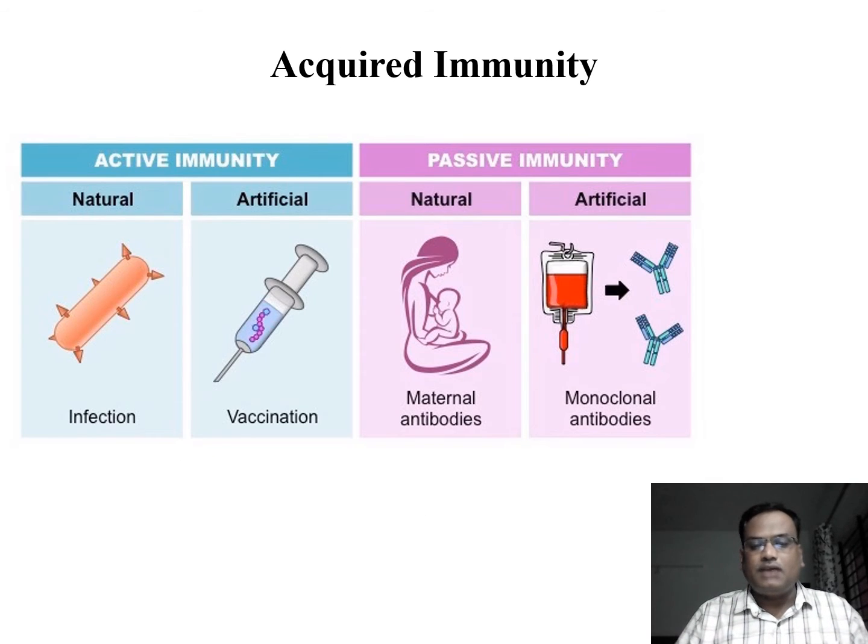Now here, I just want to give you an example of acquired immunity, which is divided into active and passive types. Again, in the active, you find natural and artificial. With these examples, we can easily understand it. Just imagine infection by a bacteria, virus or a protozoan. If the immunity develops due to the infection, that can be considered as natural active acquired immunity. Now, there is another method, vaccination.